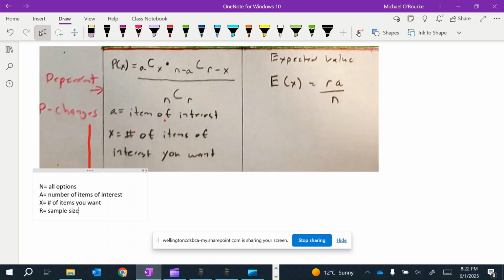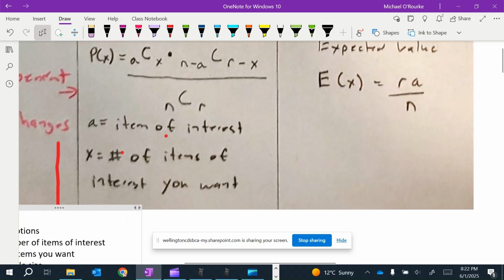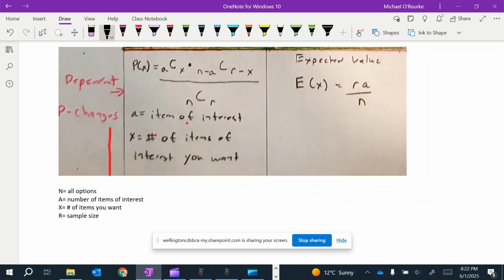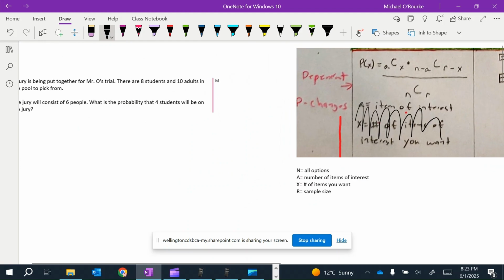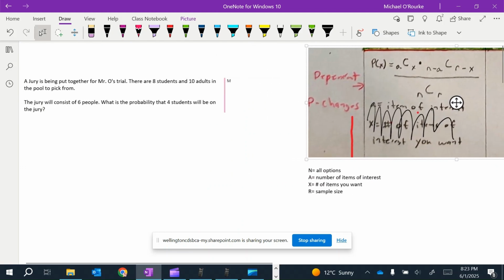So the big thing here, the formula is right here. You kind of ignore this part here, so I put it underneath. Essentially, the combination of the items of interest you want, times the rest of it. And then we have an expected value for this too. It's R times A, divided by N. Sample size times number of items of interest divided by the total options. So with that in mind,